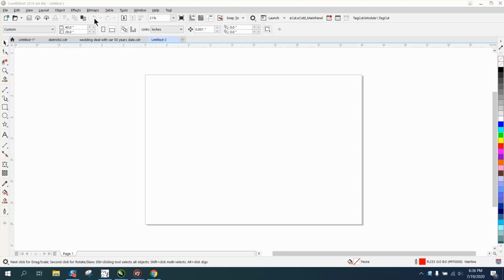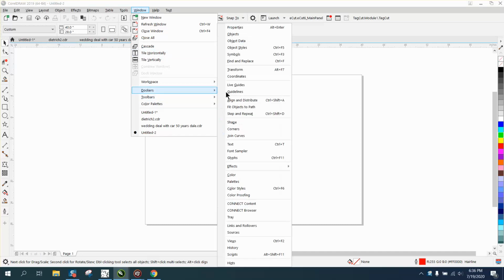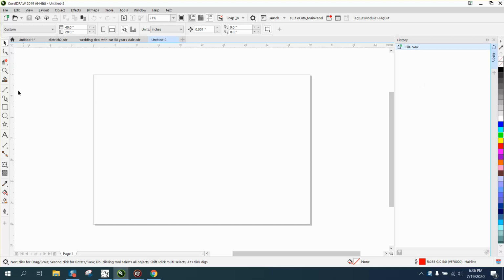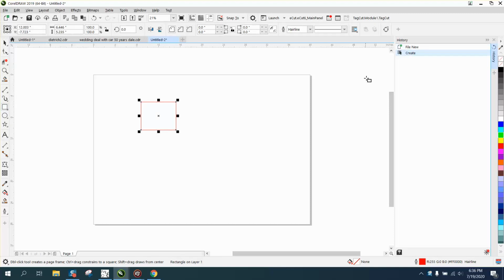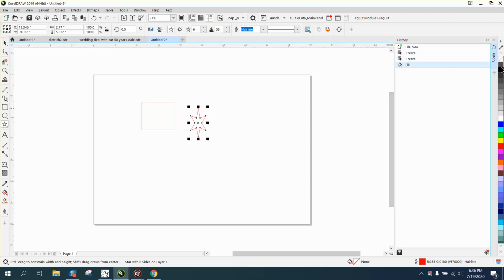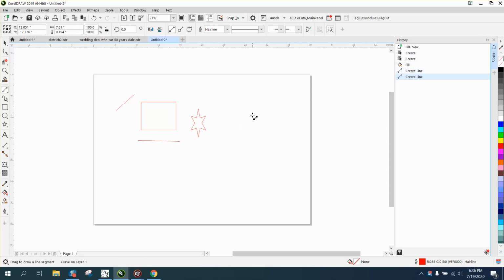You know you got your undo keys right here, back up and forward, but if you go to Windows, Dockers, and in 2019 they changed it from undo to history, and you open up your Docker, and then every time you draw a rectangle, it created a fill. And if you work a lot, and if you do things like this, it's actually telling you created a line. But I made a hotkey for his macro, and I just named it U, and it stamps the date or the time at